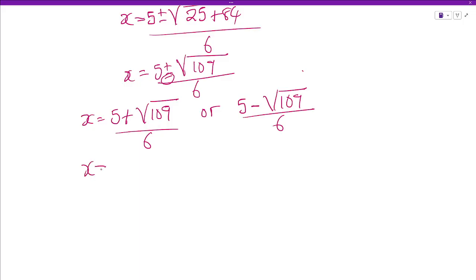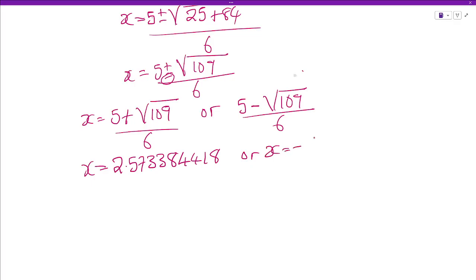Okay, so we're going to solve on the left. On my calculator I'm going to say open bracket 5 plus the square root of 109, and then I close the bracket, and then everything over 6. When I press equals, it gives me 2.573384418. Or again I punch open bracket 5 minus square root of 109, close bracket, everything over 6. So this side it's giving me